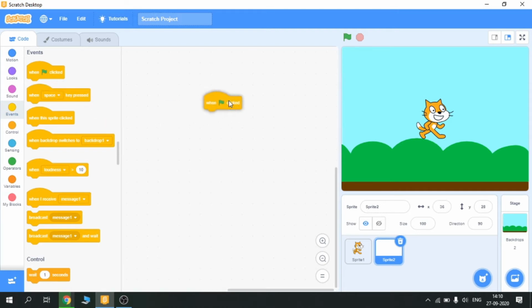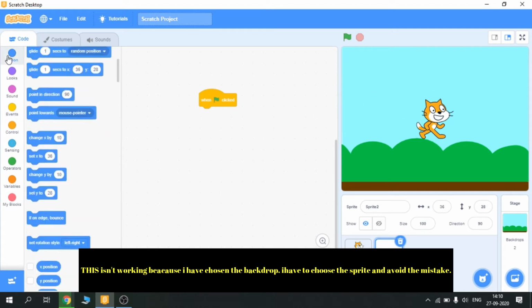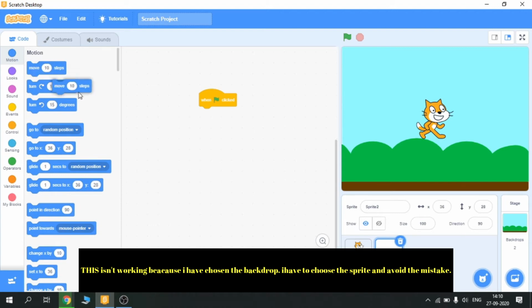So this is event. So when green flag clicked, what this means is when you hit the green button, your code starts running. So I'm going to motion, and I'll do move 10 steps. So what this will do, it will move 10 steps ahead.